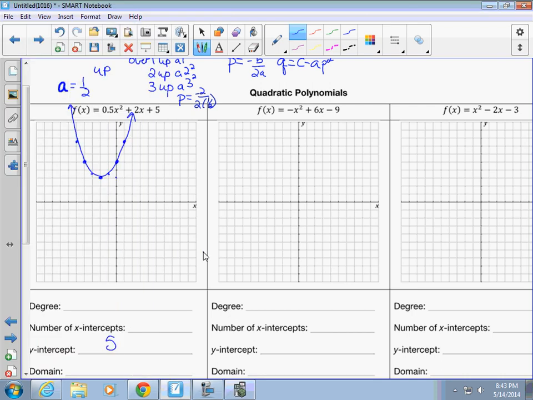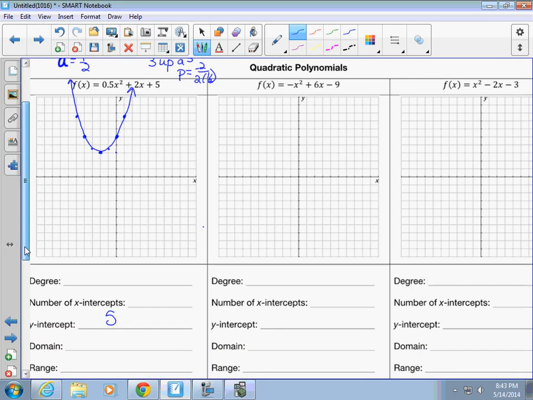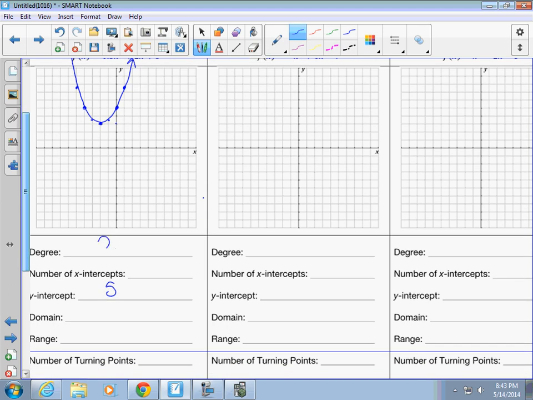Okay, so based on my graph here, my degree was 2. Number of x-intercepts: because this graph is above the line and it is going up, I have 0. My domain for my x's, I can go positives and negatives, doesn't really matter. So my domain is all